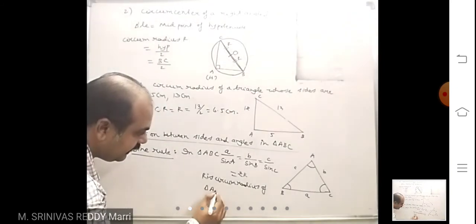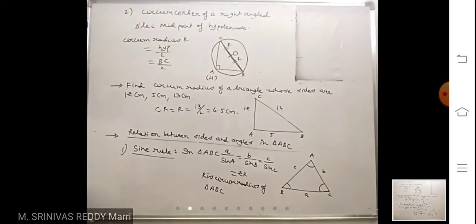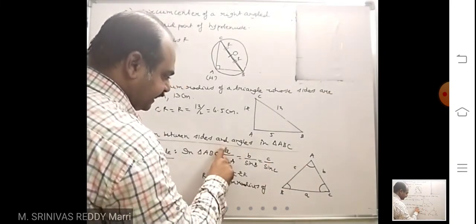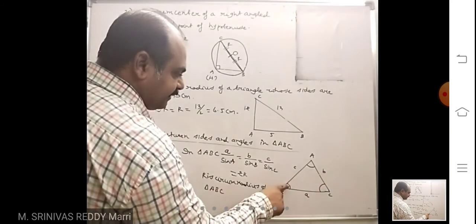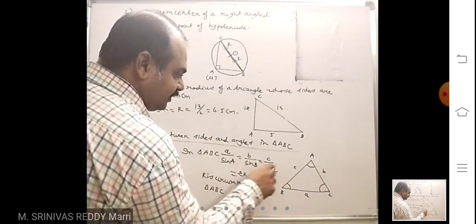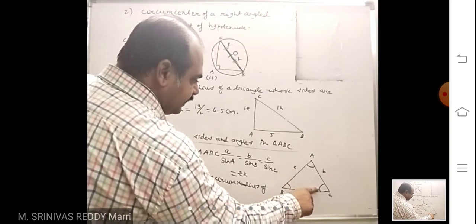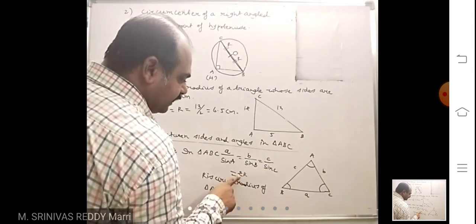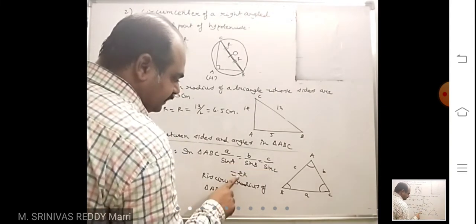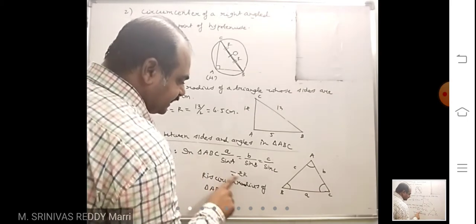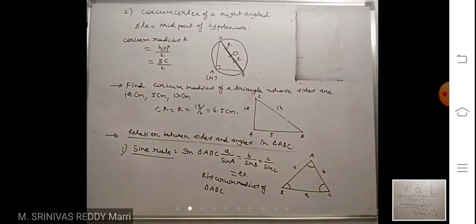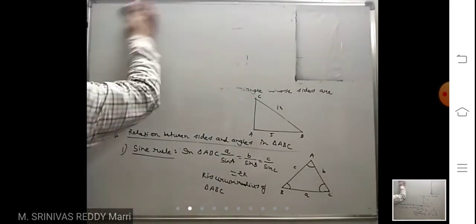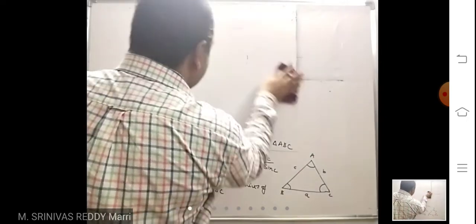of triangle ABC. This rule states that side length divided by sine of opposite angle, this ratio, this ratio, and this ratio, these three will be equal, and these three are equal to 2 into the circumradius of triangle ABC. This is nothing but the circumdiameter. 2R is called circumdiameter. Look at the theorem. This theorem I will tell. The next theorem will be left to you.